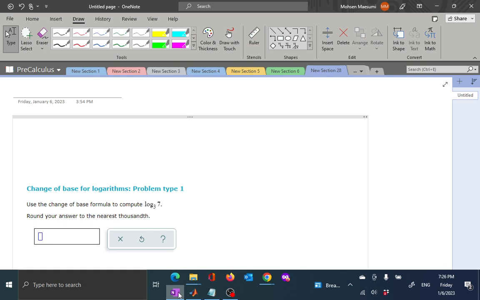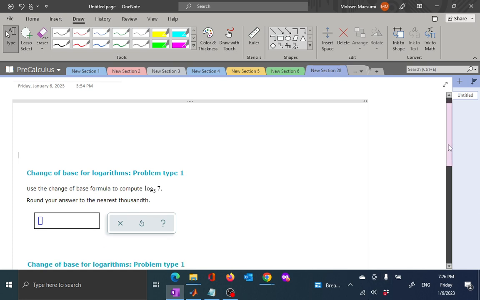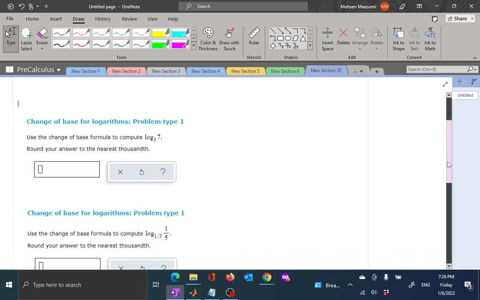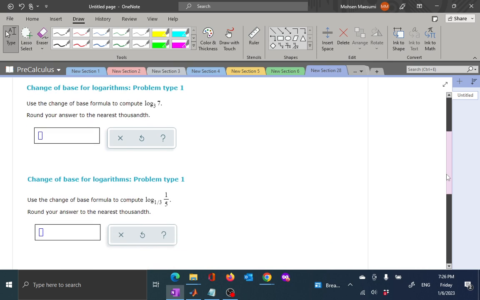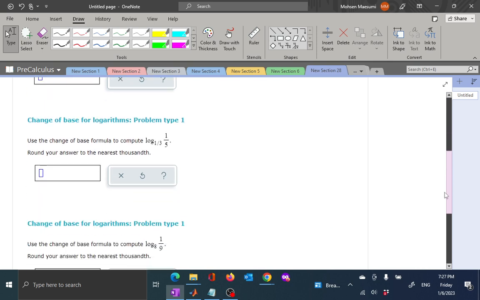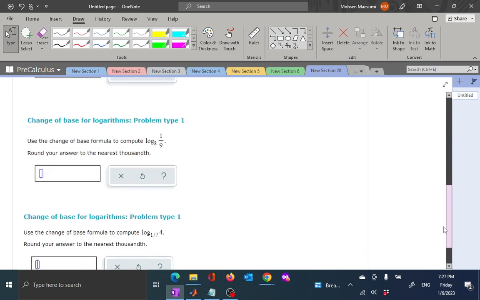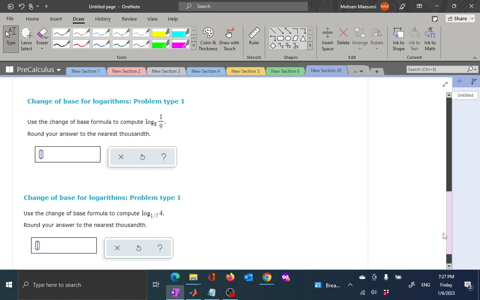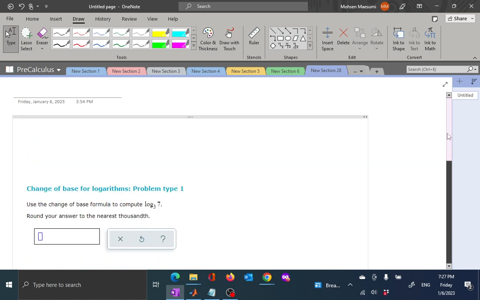So I have a few questions from this section. Logarithm of 7 in base 3, logarithm of 1/5 in base 1/3, 1/9 in base 8, and so on. Logarithm of 4 in base 1/7. They're all about the same thing. We looked at